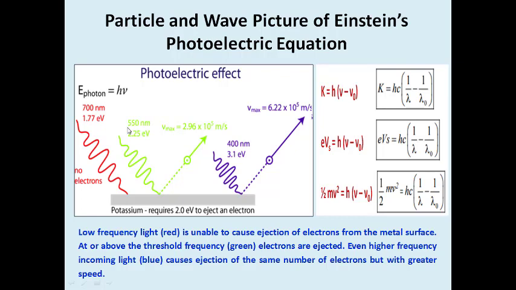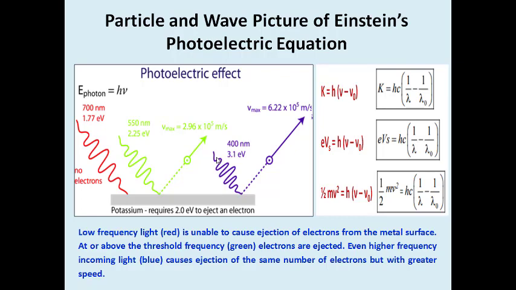If we make green light of wavelength 550 nanometers, having an energy of 2.25 electron volts, incident on it, it is noticed that the energy of the photon from the green wavelength is higher than the work function of the metal plate. This means that electrons will start being emitted from the metal surface with a speed of around 2.96 into 10 to the power 5 meters per second. Whereas if I further